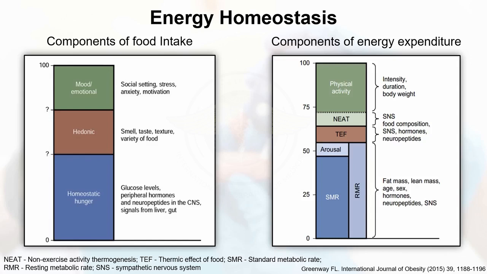And you remember, in athletes, they have a high basal metabolic rate. What does that mean? It means because of physical activity, because in change of body composition, because they have more muscle mass than fat mass, these people have a high resting metabolic rate, and they spend more energy even during resting. So this is very important, that if we have to lose weight, it's not just the components of food intake which is important.